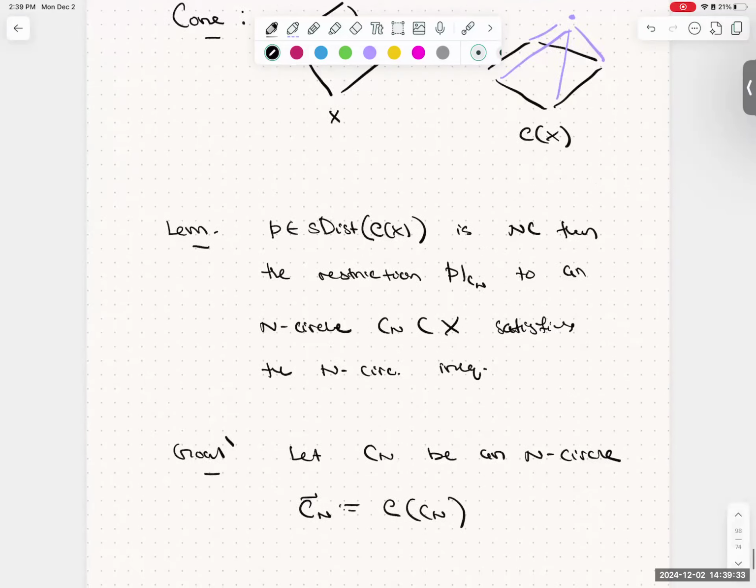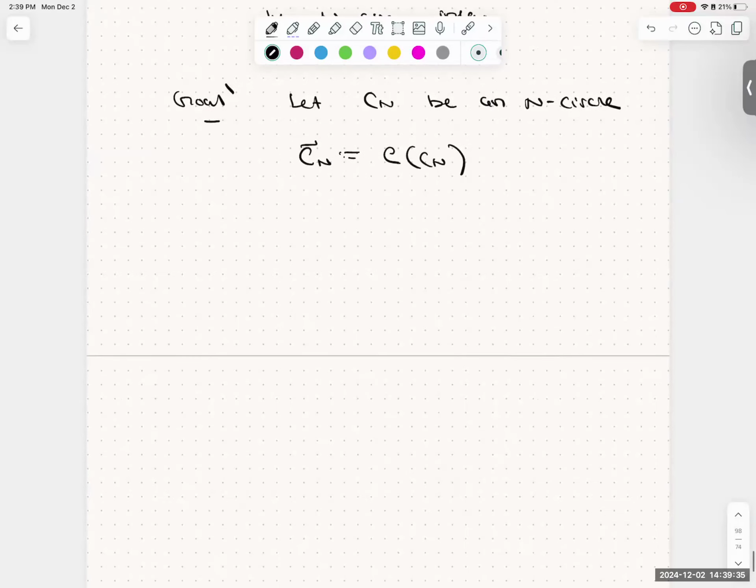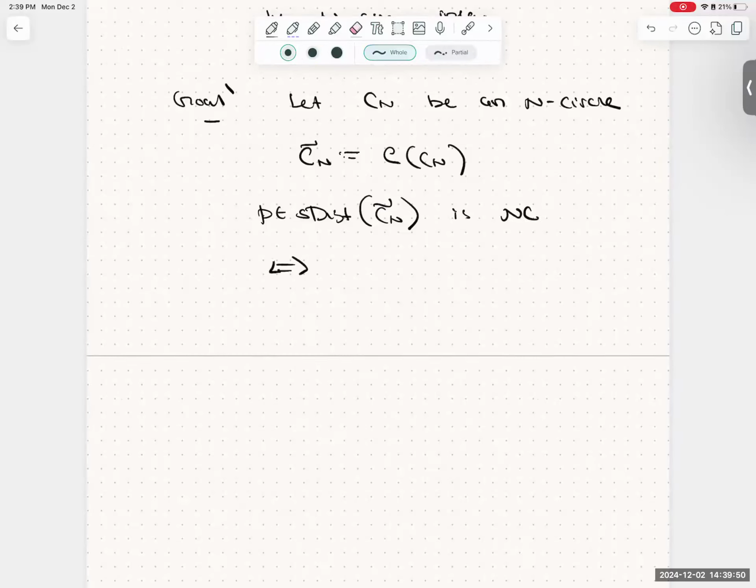So just as in the example above, what we want to show is that P in S dist, Cn is non-contextual if and only if P restricted to Cn and circle